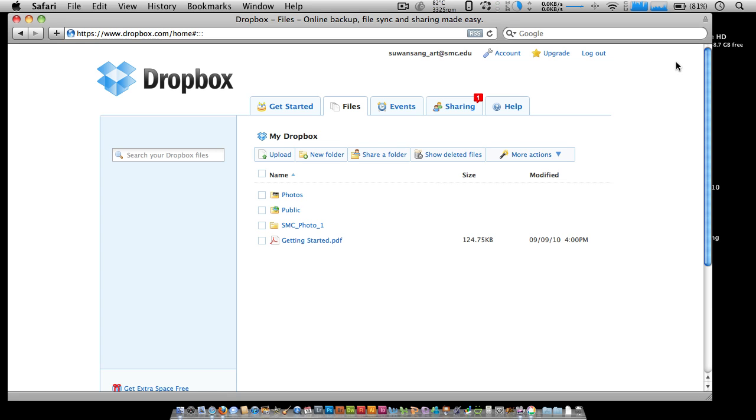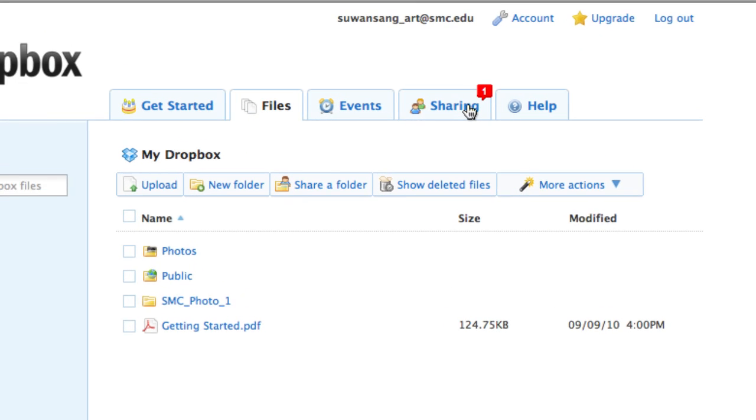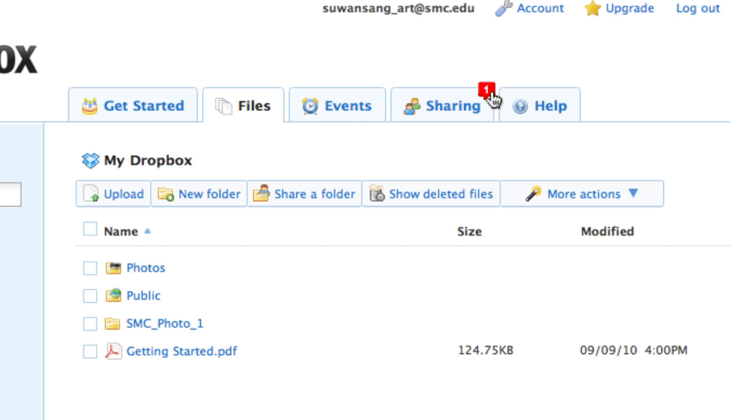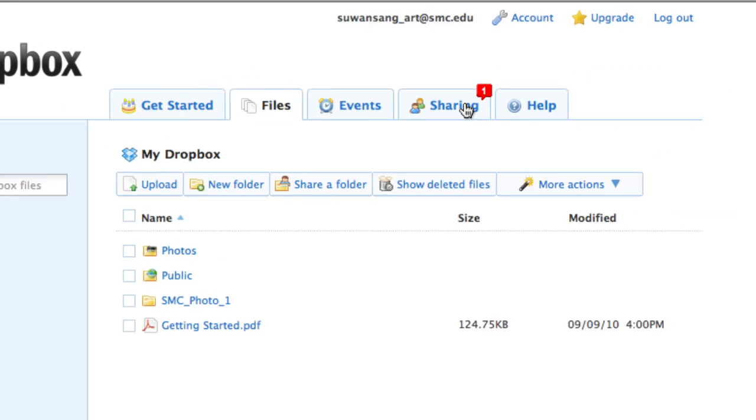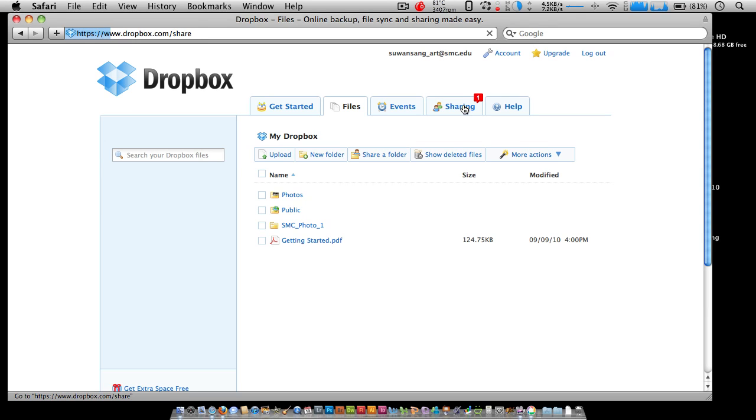Now the way I set up the materials for my class is this. What you're going to see when you first log into Dropbox, or the second or third time, subsequent times, is that I'm going to share a folder with you. The moment I do that, you're going to see under the Sharing tab right here in Dropbox a little flag that shows up with the number 1 on it. So what I'm simply going to do is click on Sharing,